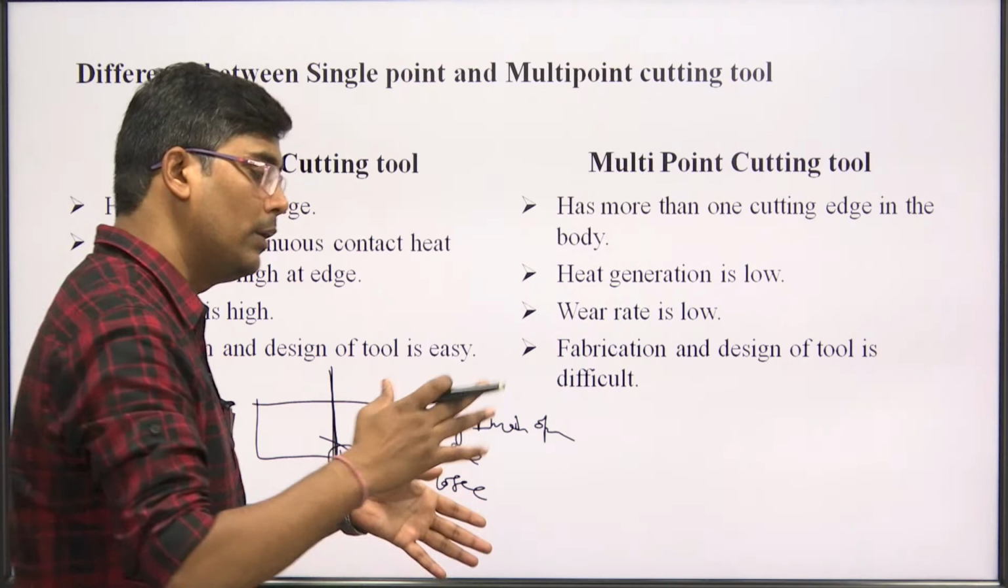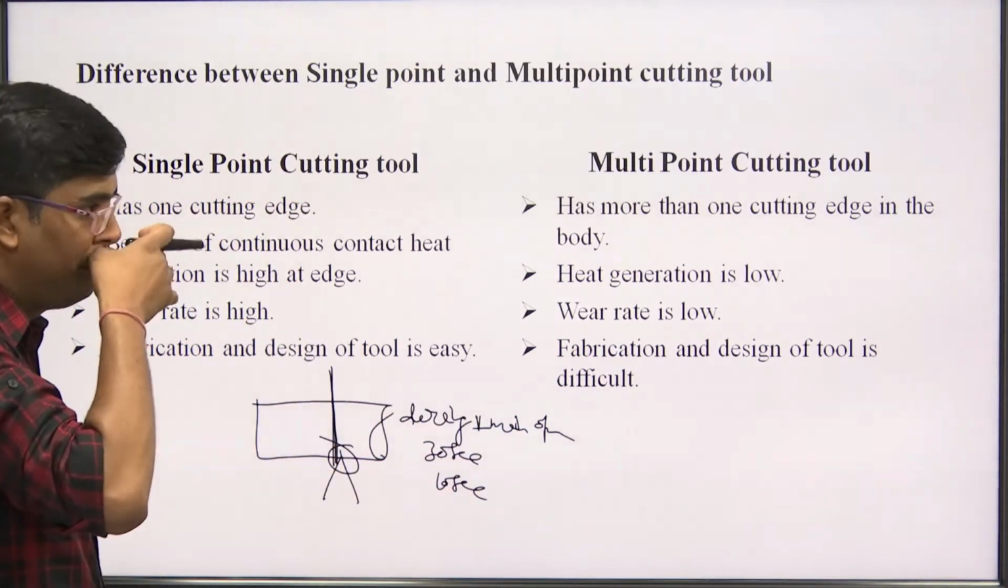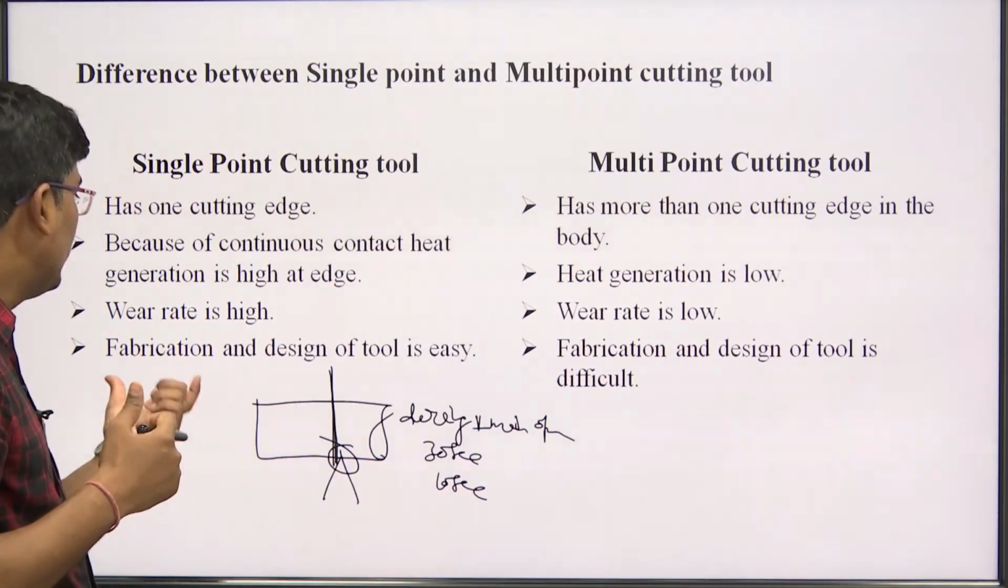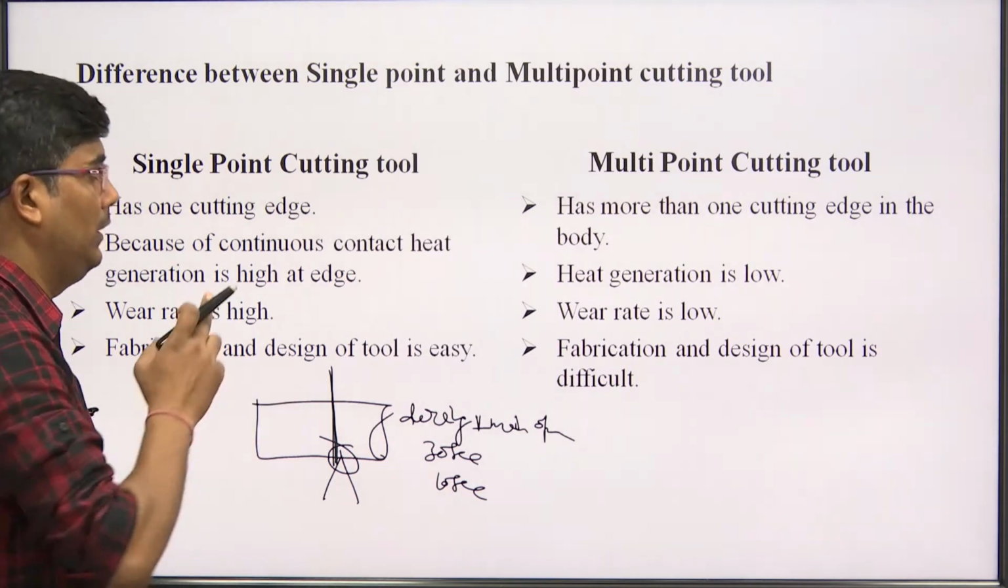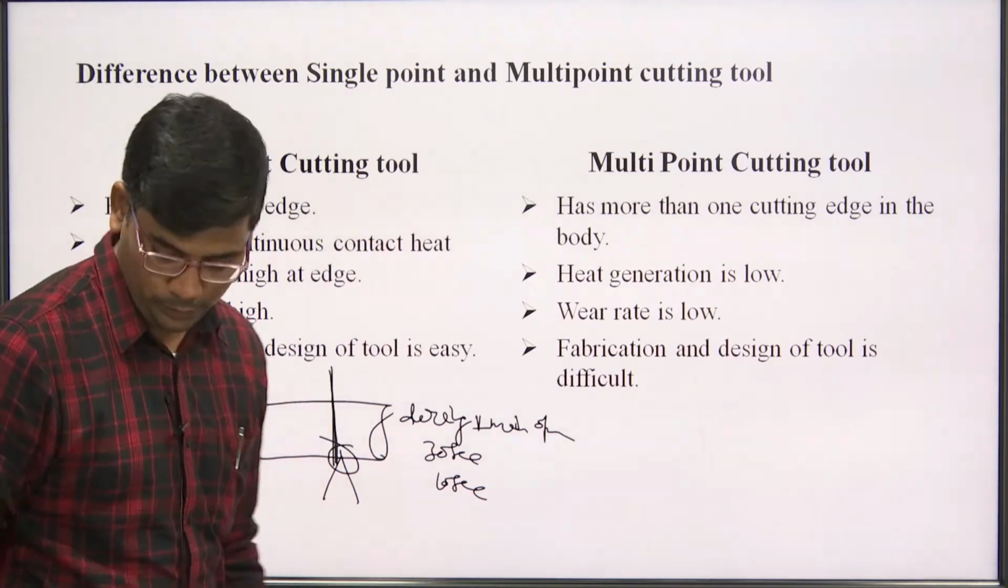और मल्टीपल पॉइंट कटिंग टूल में टूल वेयर कम होगा और टूल लाइफ ज़्यादा मिलती है। ठीक है, और डिज़ाइनिंग पॉइंट ऑफ व्यू से अगर हम डिस्कस करें तो सिंगल पॉइंट कटिंग टूल की डिज़ाइनिंग और टूल ज्योमेट्री टफ होती है कंपेयर टू मल्टीपल पॉइंट कटिंग टूल।